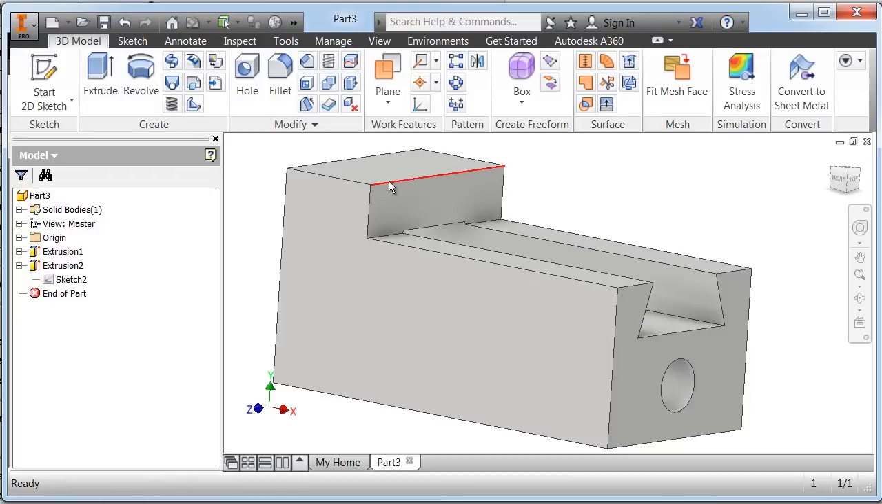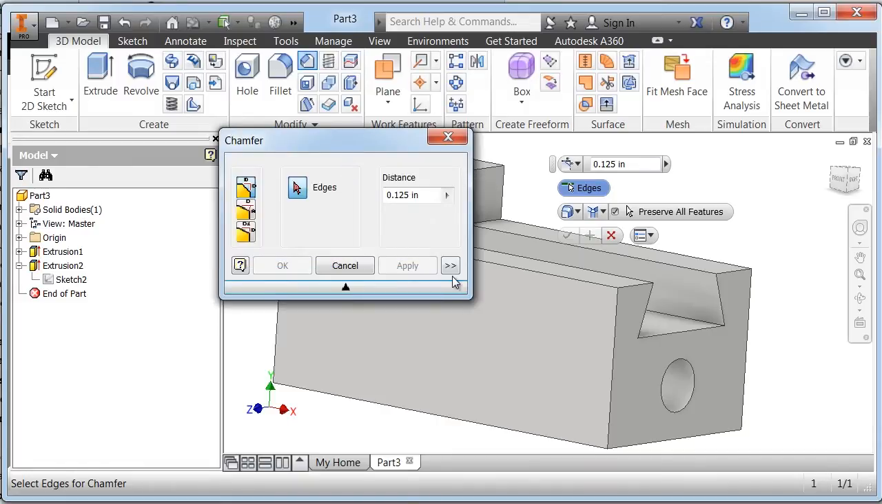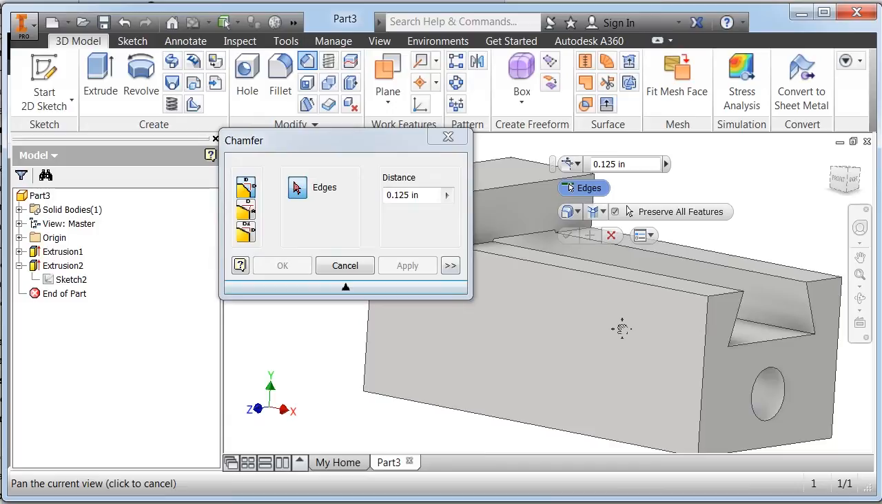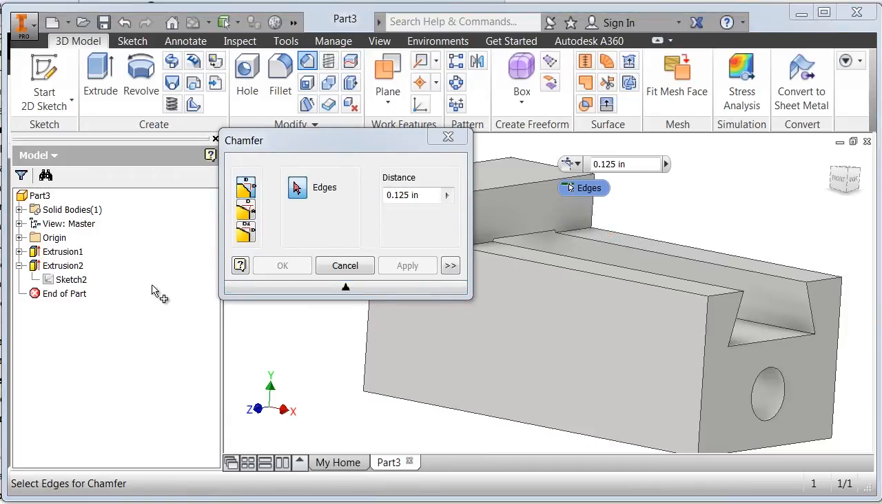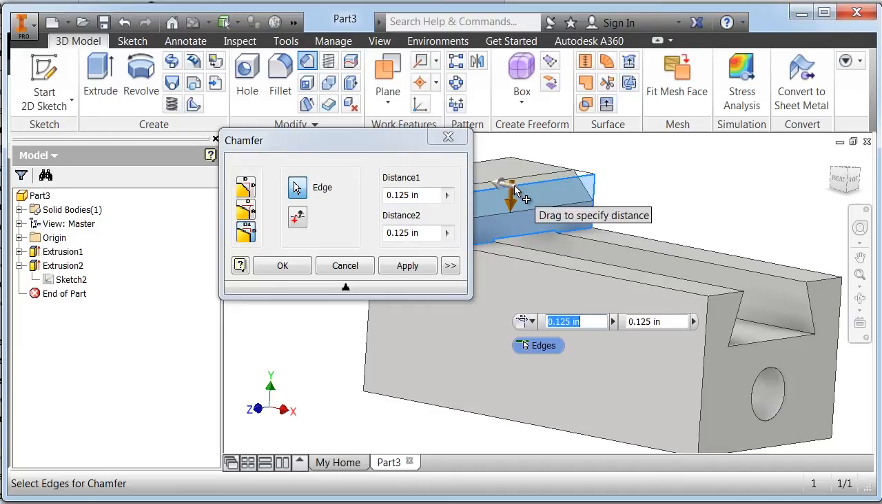Now we'll add a chamfer to this edge up here. We'll move our cursor up to the chamfer icon. Left click one time. I'm going to left click on this arrow that expands the chamfer icon, or the chamfer dialog box. And then we're going to do a 2 distance chamfer, which is this third one listed here. I'm going to left click on this line,